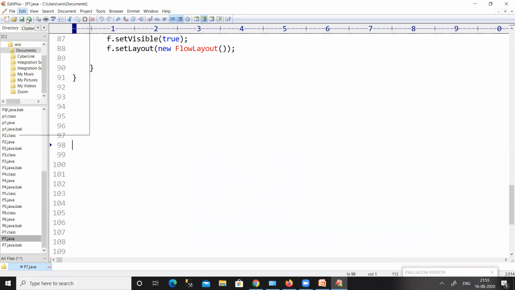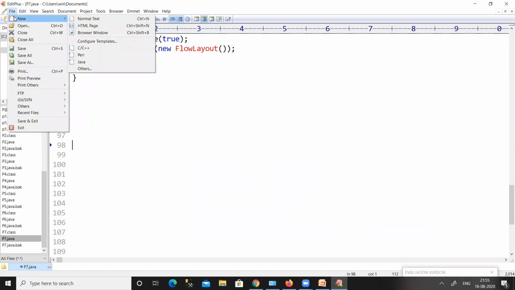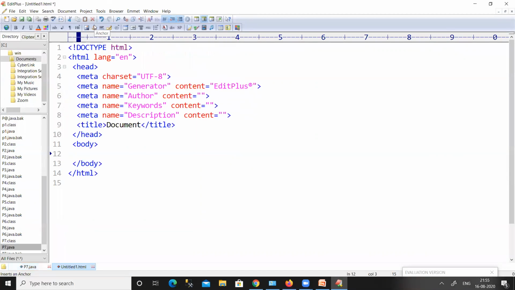Go to the file option, the new option. There you can see multiple options. Among all those options, go to new and select an HTML page.